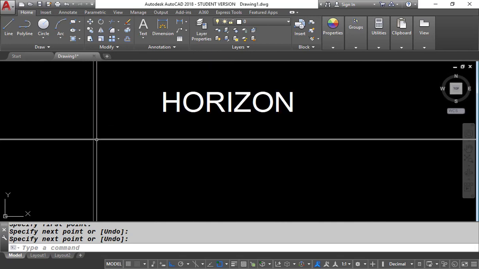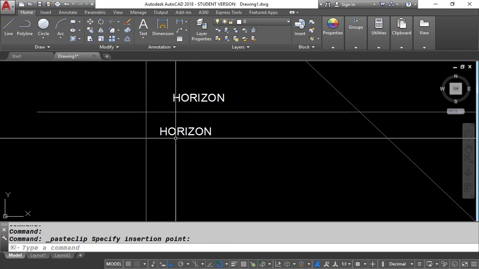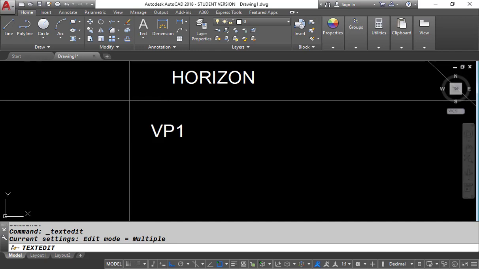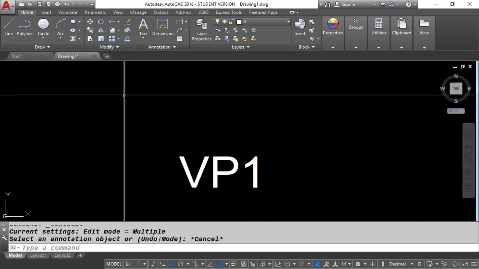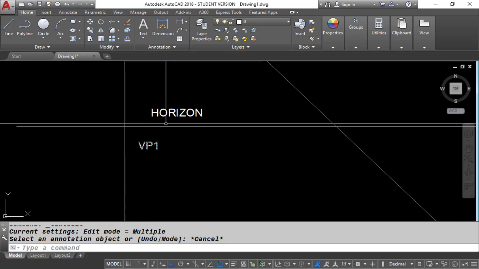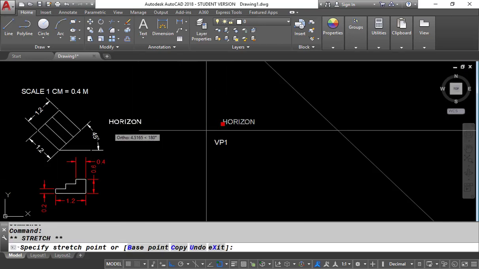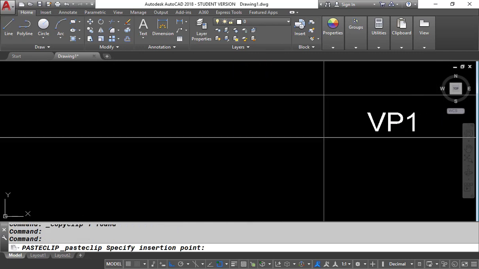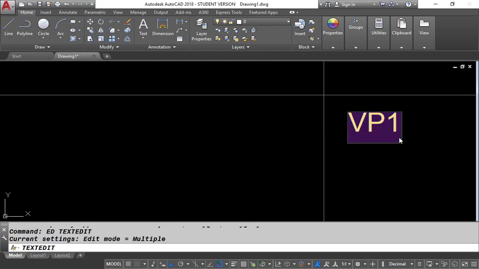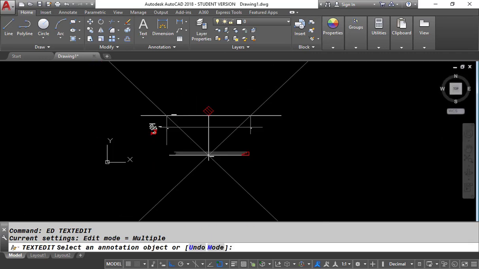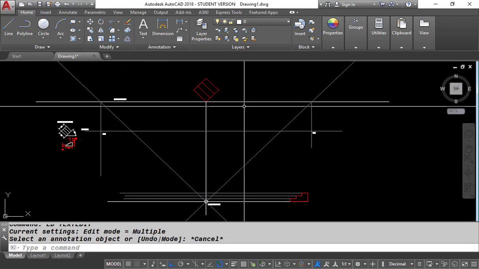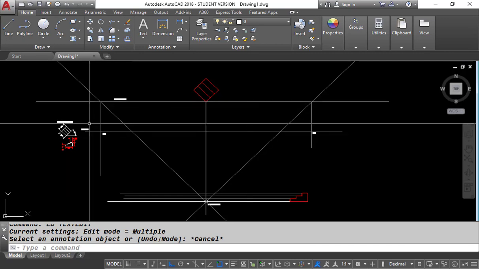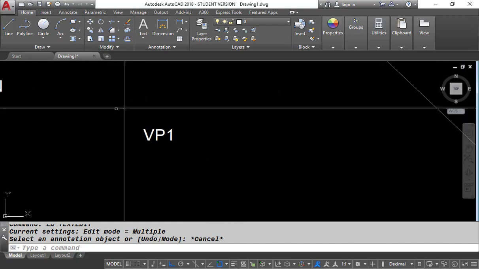Now this point can be a vanishing point. So this is my vanishing point VP1. This intersection is the vanishing point, and this is my horizon. And this point will be vanishing point 2. If you draw the 45 degree line from the station point and extend it to the picture plane, from that you have to draw the vertical line, and wherever it touches the horizon, that is called a vanishing point.